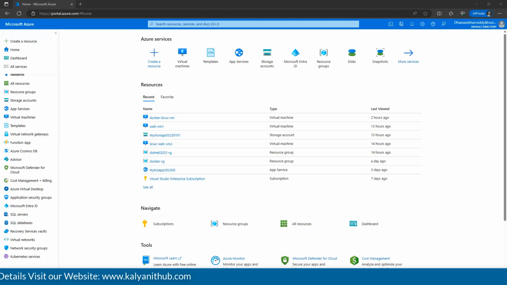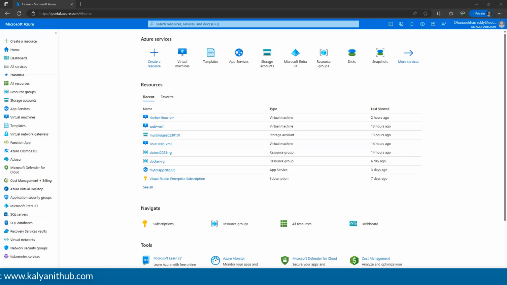I showed you, right, that the Azure administrator and the DevOps engineer have different responsibilities. First, the basis of Azure DevOps is Azure administration. Once we have the knowledge about Azure administration, then we will go for automation.